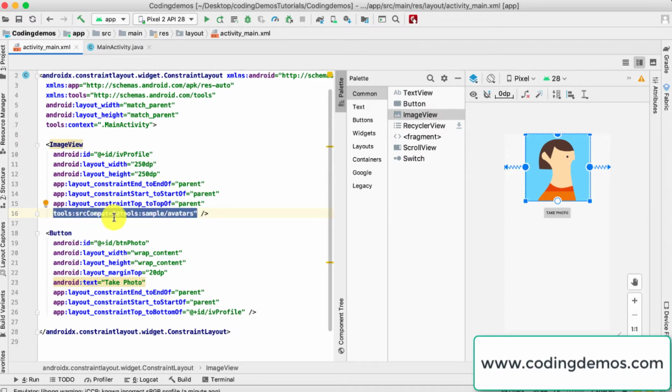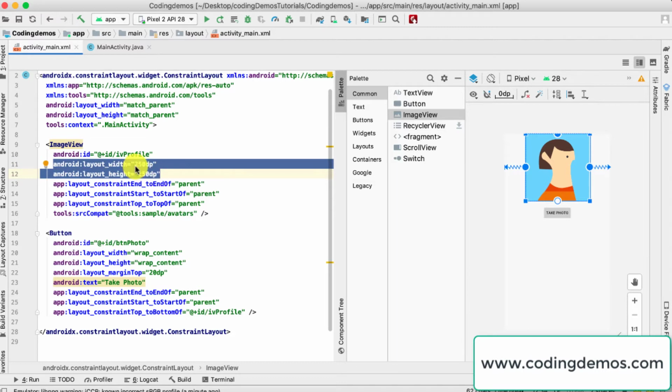So tools:srcCompat, and this basically refers to the photo that is saved inside the tools sample. And when you drag the image view, then you will have this by default. Alright, and then we have the ID here. I've set that as iv, which is image view profile, and for the width and height I've set that as 250 by 250. Now the reason why I did that, because if I set this as wrap content for both of these, then the image would look smaller, and if I set that as match parent, it's going to look huge,